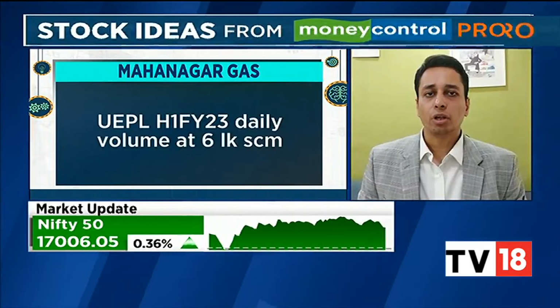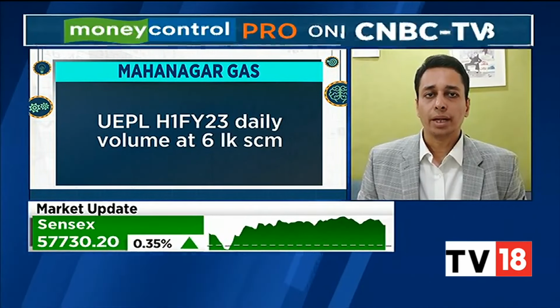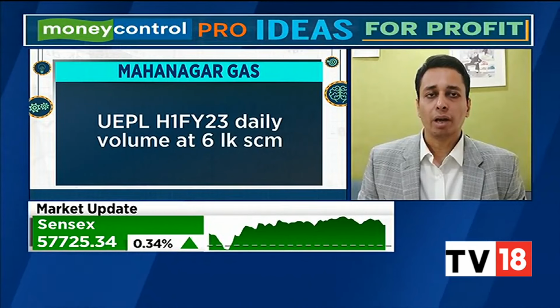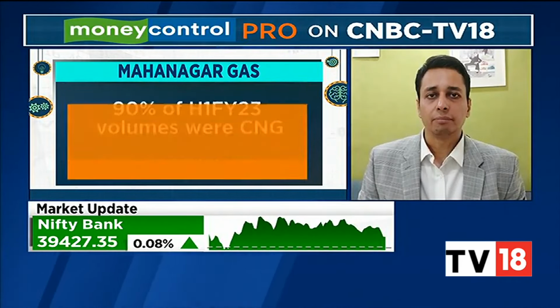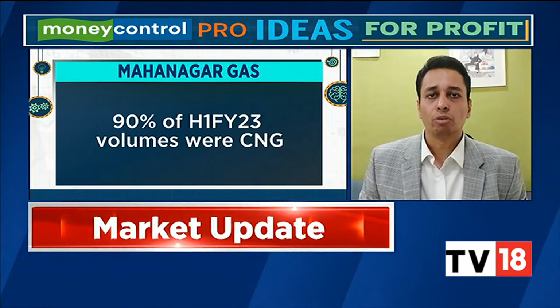It has 3 geographic areas of Ratnagiri, Latur, Osmanabad, Chitradurga and Devanagari. In FY22, the company had a revenue of 89 crores along with a net loss of 24 crores. In the 6-month FY23, its volume averaged at 6 lakh SCM daily, 90% of which is CNG. MGL plans to invest 1,000 crores in the next 7 to 10 years to ramp up its volume to 1.1